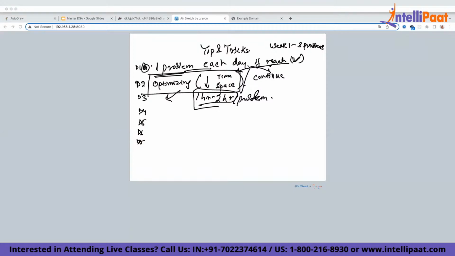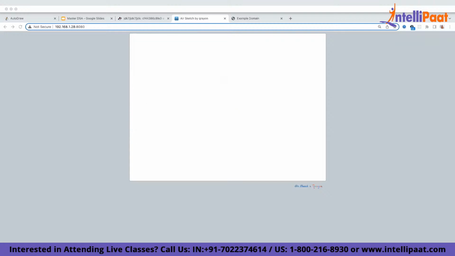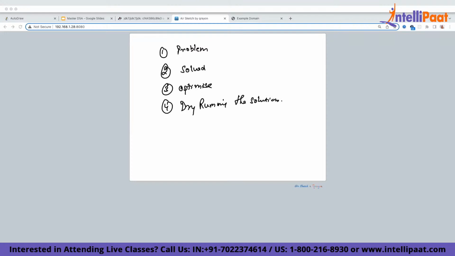Once you took a problem, solved it, and then were able to optimize it, comes the last part: dry running the solution. Why is dry running important?